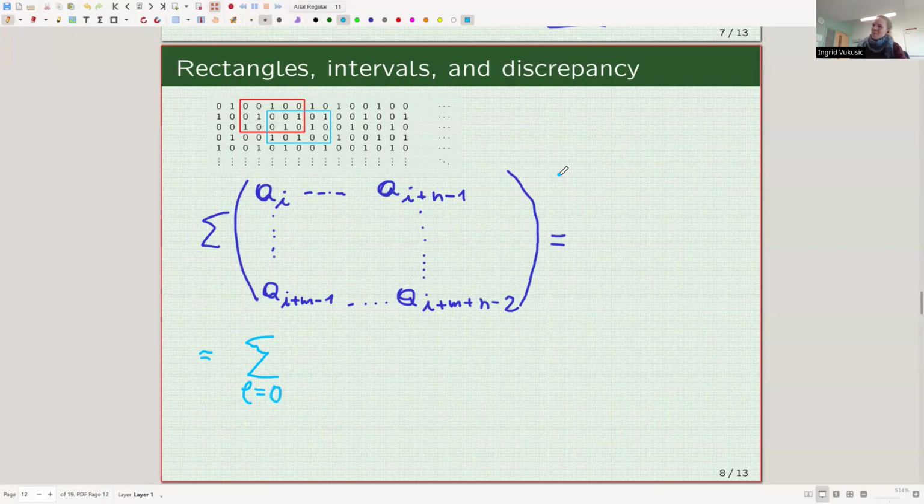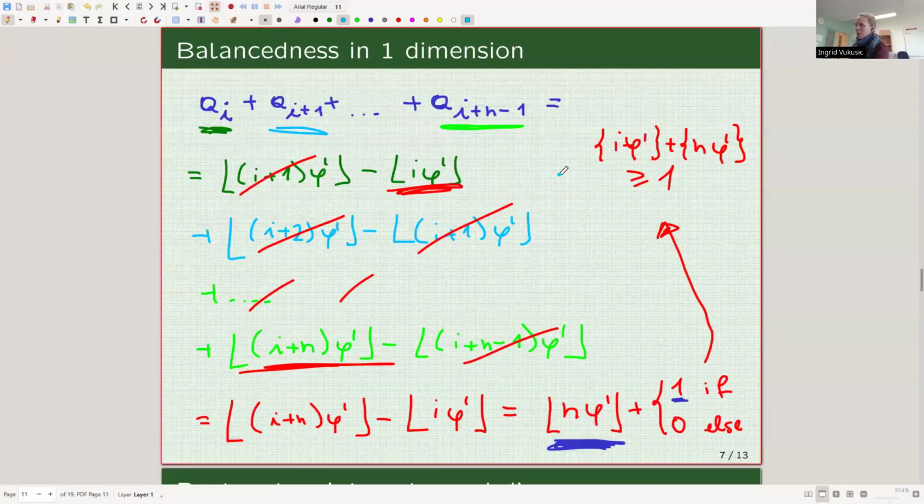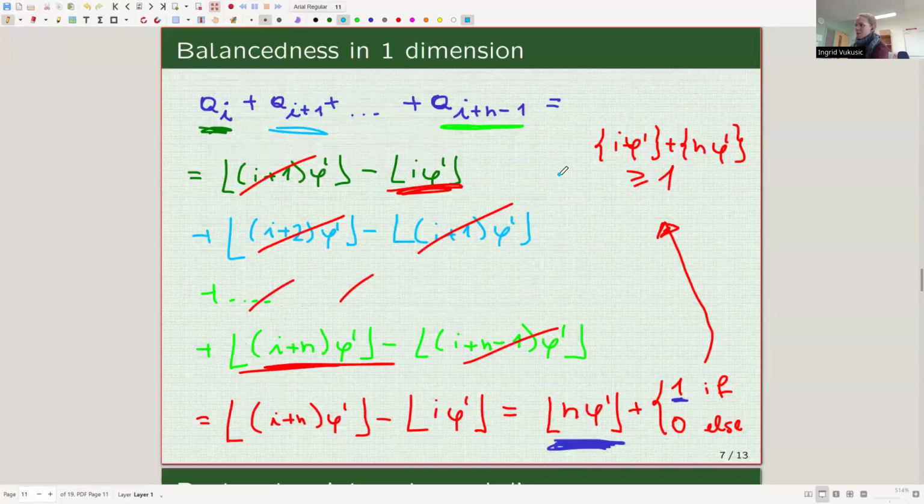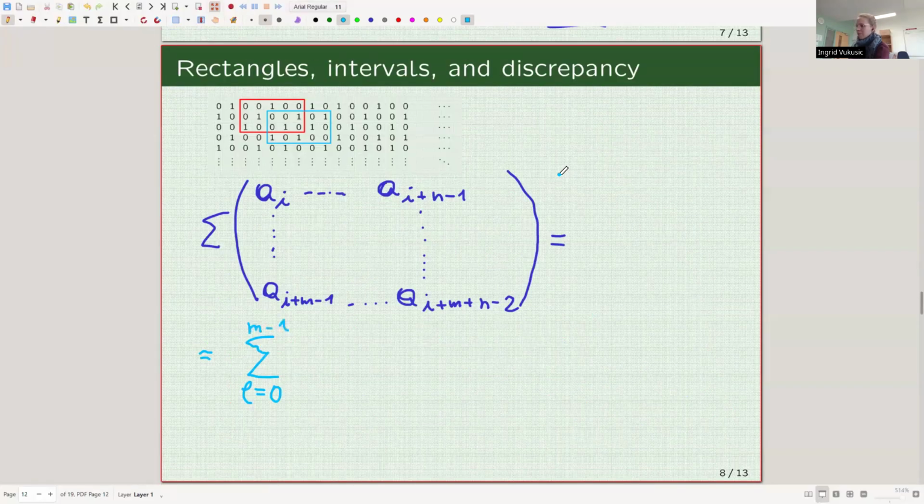So now we're going to sum over the rows. At first we have i plus 0, and in the end we're going to have i plus m minus 1. For each row, we take the formula from before. Here we've got length n, so we can just use the same formula. We've got n phi prime, floor of n phi prime. And then we need to